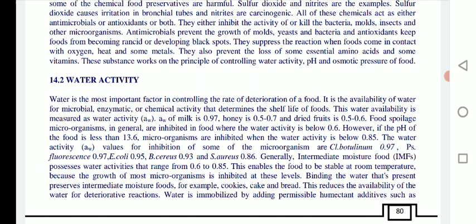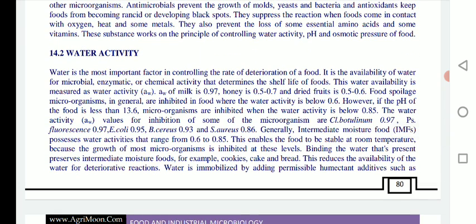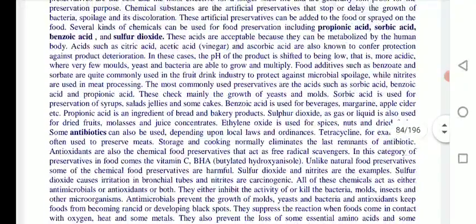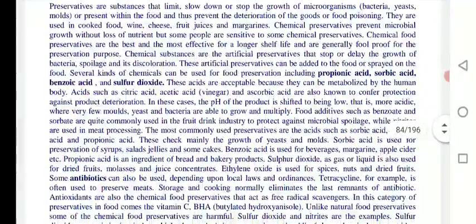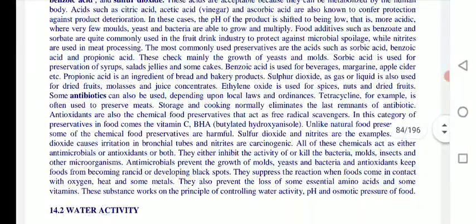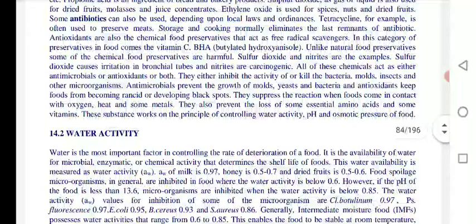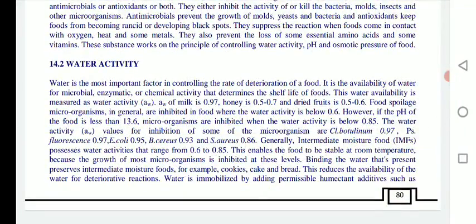So they suppress the reaction when food comes in contact with oxygen, heat and some metals. They also prevent the loss of some essential amino acids and some vitamins, and these substances work on the principle of controlling water activity, pH and osmotic pressure of food. So this is overall regarding chemical methods, and in that, preservatives play an important role as far as preservation of food is concerned, and preservatives prevent growth of pathogenic microorganisms, and thereby render food safe for consumption for